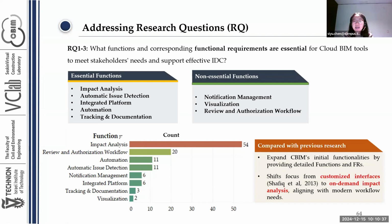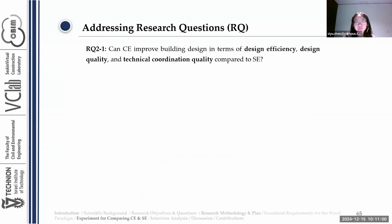this era. And compared with previous research, this research expands the CBIM's initial functionalities by providing detailed functions and functional requirements. And the most important function shifts from the customized interface to the on-demand impact analysis, which aligns with the modern workflow needs. And for objective 2, research question 1, can CE improve building design in terms